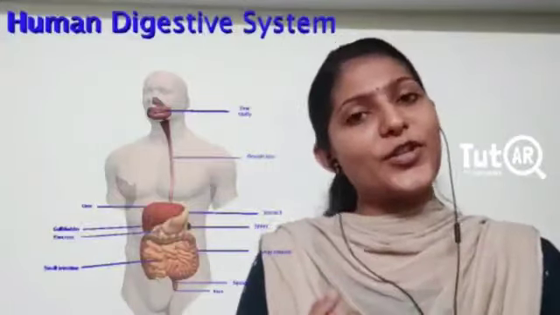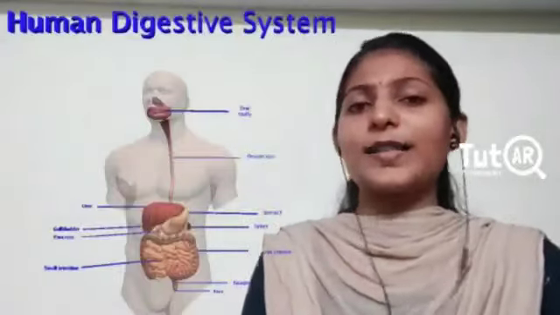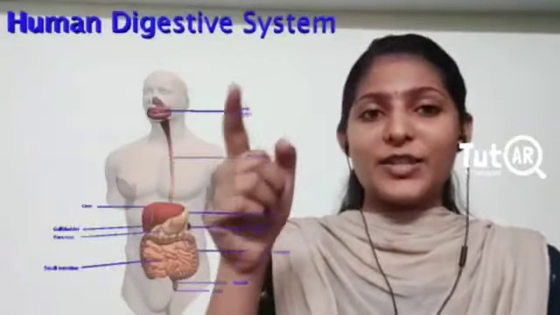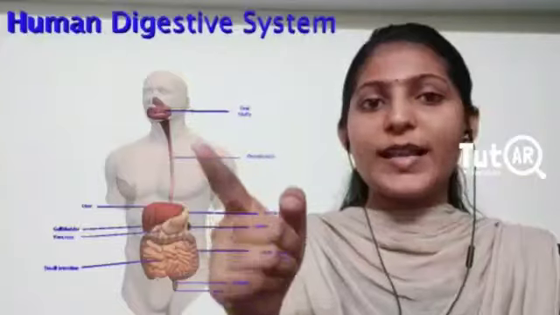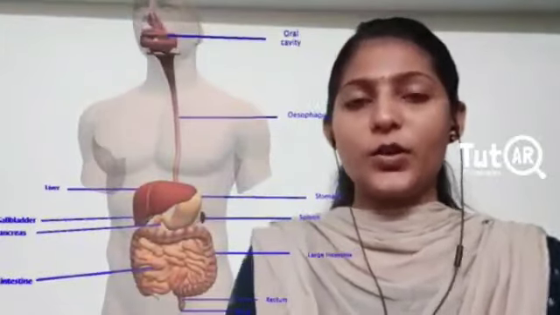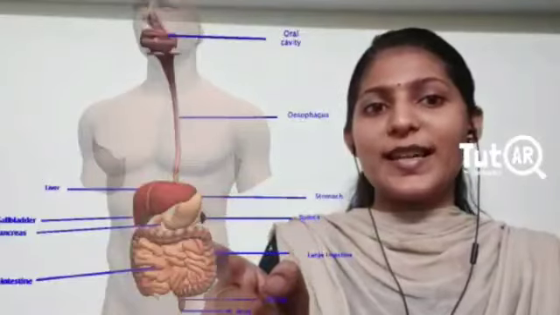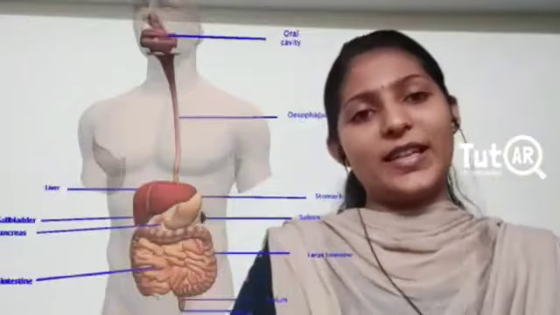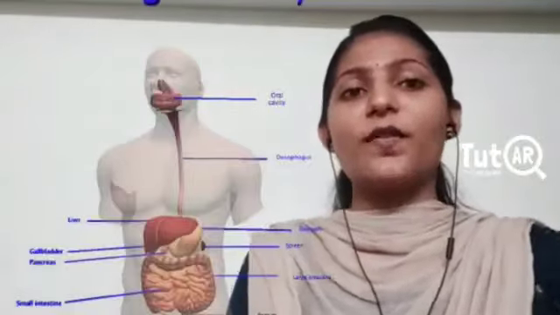Now for this process of digestion to take place, we need a system called the digestive system. What are the parts involved in the digestive system? As you see in the picture here, we have the digestive system, which is called the alimentary canal. It starts from the mouth and ends at the anus. The different parts of the digestive system include the mouth, the esophagus, the stomach, the small intestine and the large intestine, and finally we have the anal part, or the anus. So these are the parts of the alimentary canal. Now let's go into the details of each part.